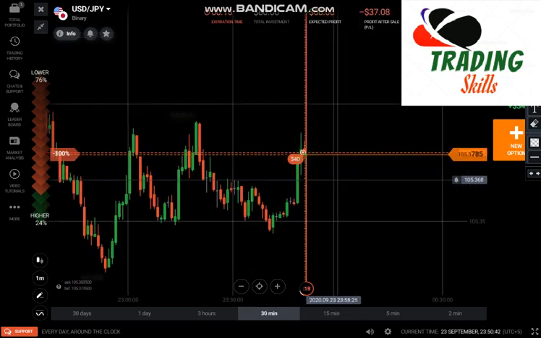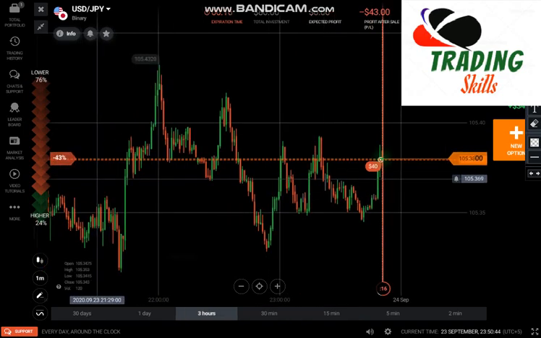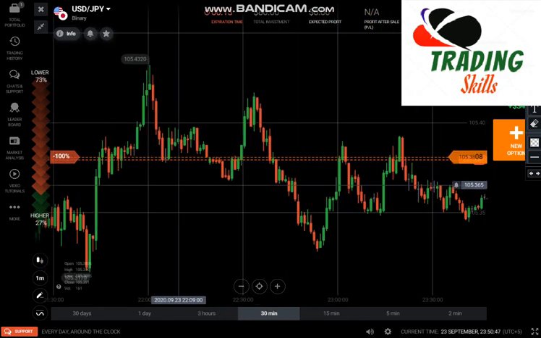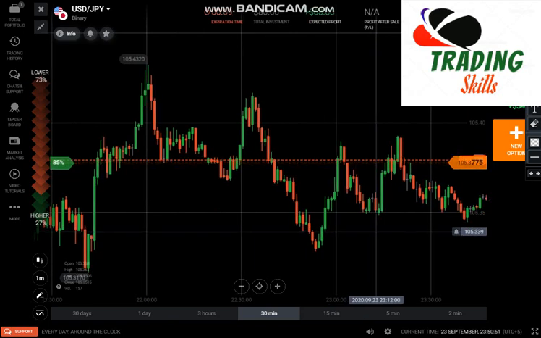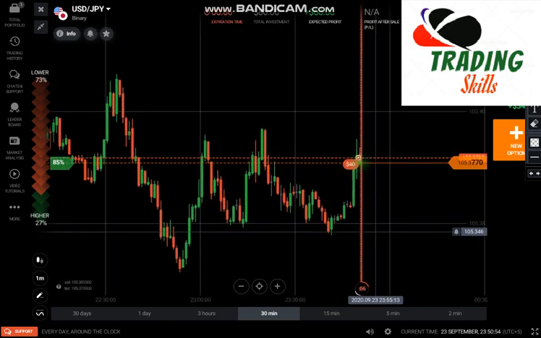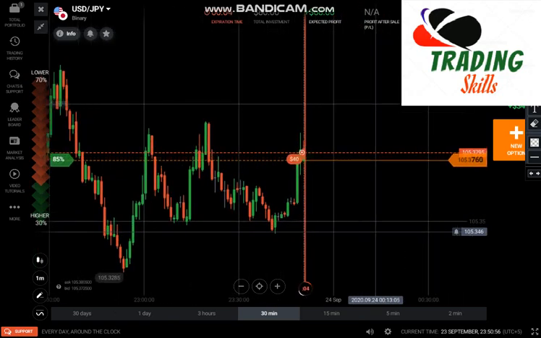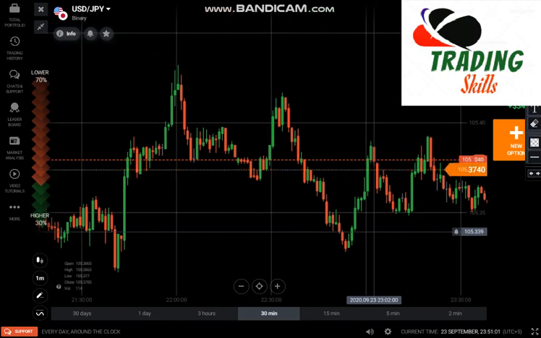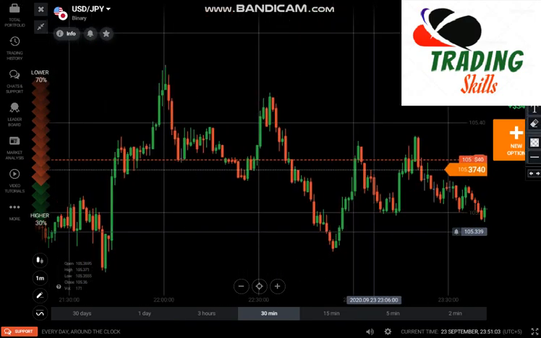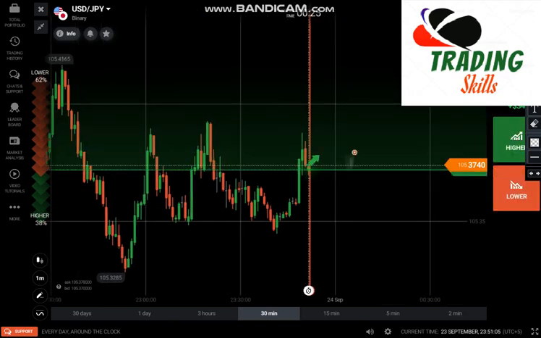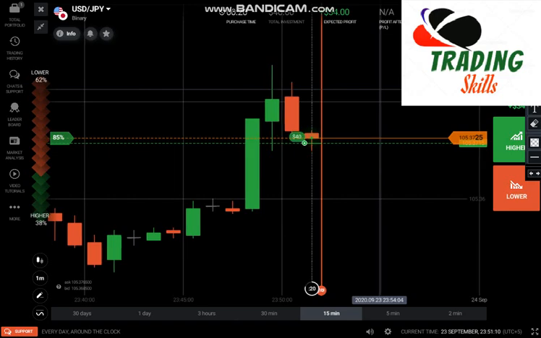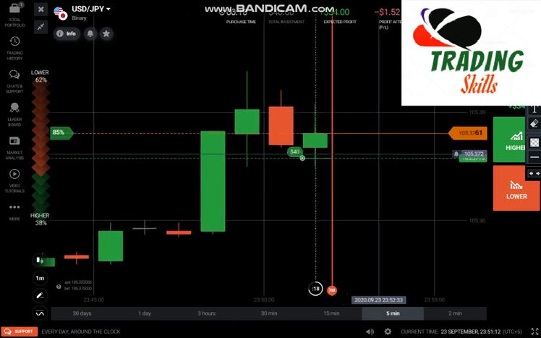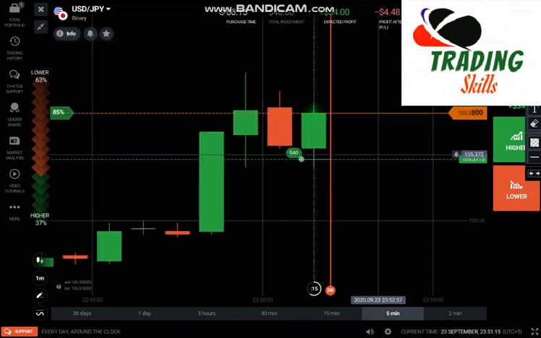I am trying to get a piece of every candlestick by using the candlesticks analysis. Okay, so here I can again go with buyers. So here I have taken my trade in an up direction, and I will win this trade